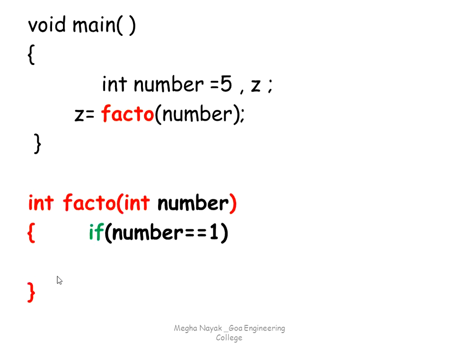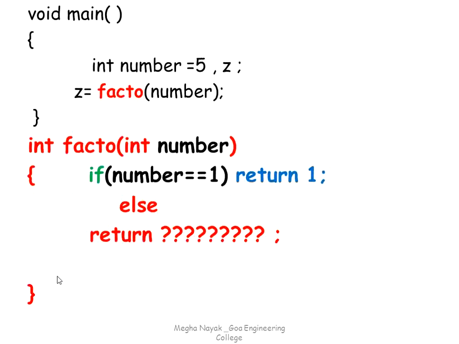What is going to be the answer? The answer is going to be 1. So you're going to be returning 1. However, if it is not so, then what? Else, what will you return? You have to return something in recursion manner. Alright, so recursion is wherein you will be using a function here called facto, where facto will again call facto and give us the final answer.